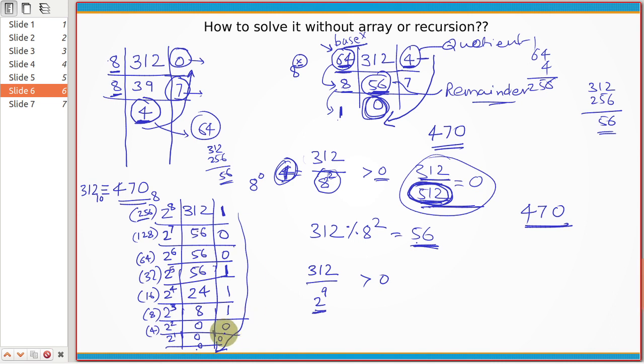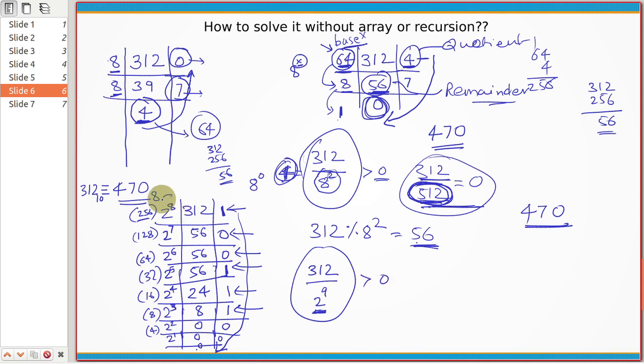So this is the technique we can use, so that we don't need to print in reverse. After getting this you'd immediately print this, after getting this you'd immediately print this, right? You can immediately print this without storing into an array and you get your answer. So if you had a good understanding of the number system, then you would have been easily able to solve it. But here if you observe, there is a double complexity. You need to keep dividing your number by your base raised to something until you get 0,